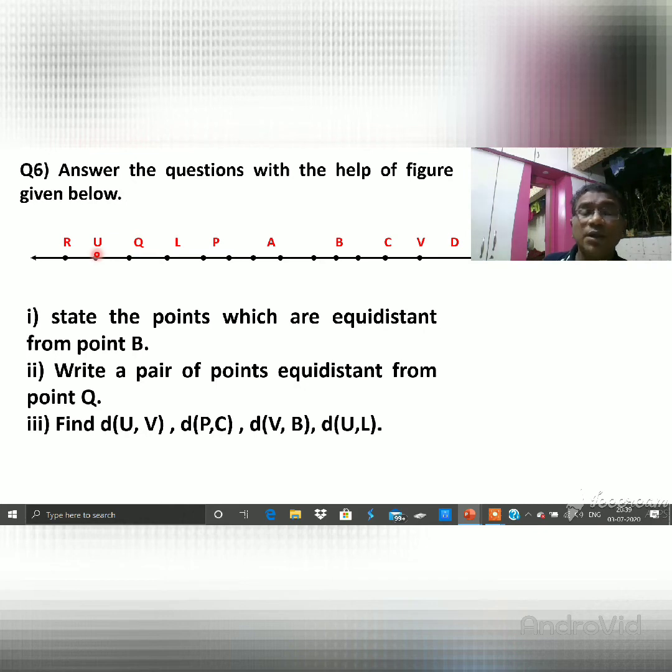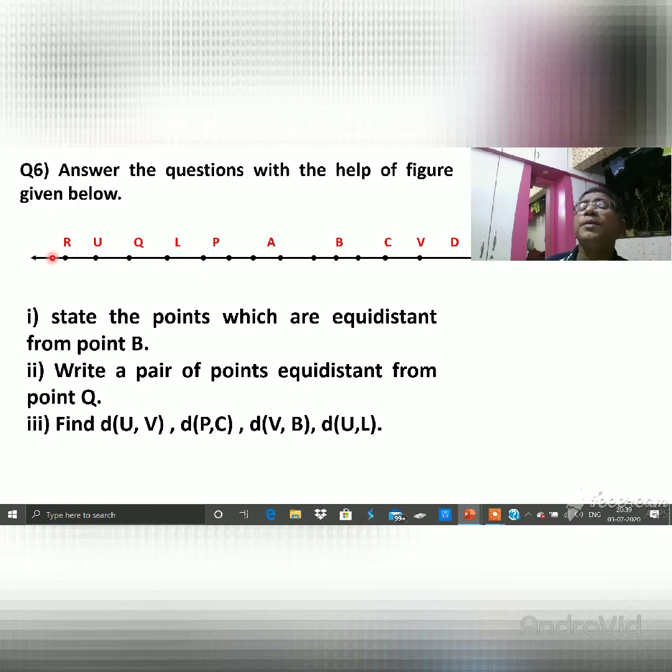So this is possible. ज्यांना कळलं ना त्यांच्यासाठी बघा. Q पासून आपण 1 युनिट गेलो तर L मिळतो. म्हणजे Q पासून L 1 युनिट अंतरावरती आहे म्हणून L येईल. मग तसंच Q पासून लेफ्ट हँड साइडला 1 युनिट अंतरावरती कोण आहे? U आहे. So U and L they are equidistant. So that is distance QL and distance QU. Another possibility QP. See they are having 2 units, L and P. Then from Q there is 2 units, U and R. So from Q the equidistant are distance QP and distance QR.